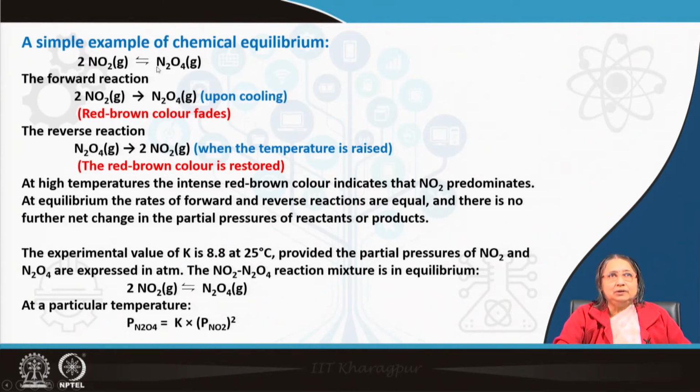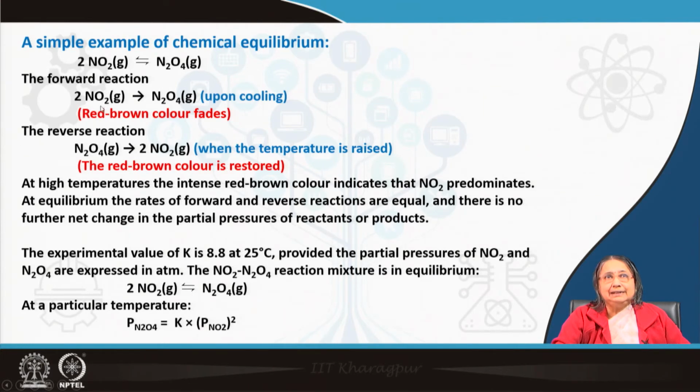Now, think about this reaction. This is the equilibrium expression. So, depending on the condition, that means the temperature, you can see different colors. If you take NO2 in a closed vessel and cool it or heat it, you will see two different colors prevailing. Okay. Now, here you can see the N2O4, the red brown color. When the NO2 goes to N2O4, the red brown color is lost. N2O4 has no color.